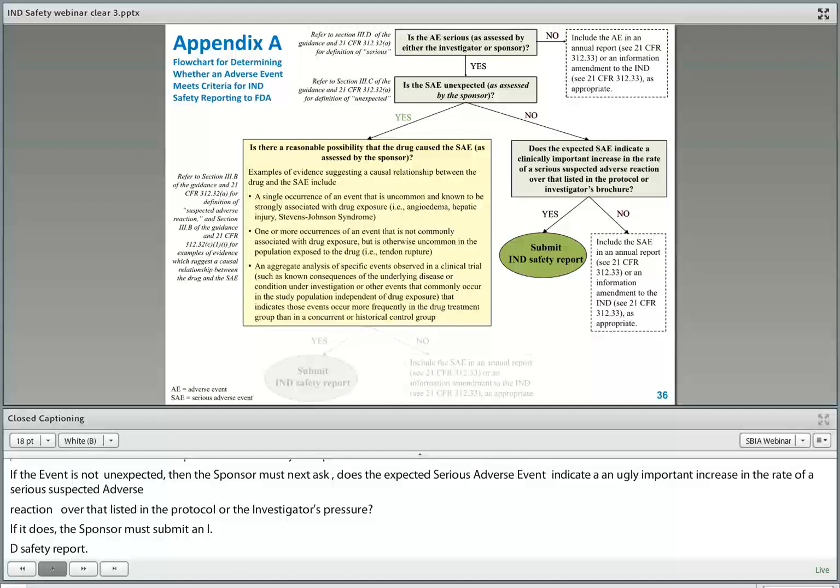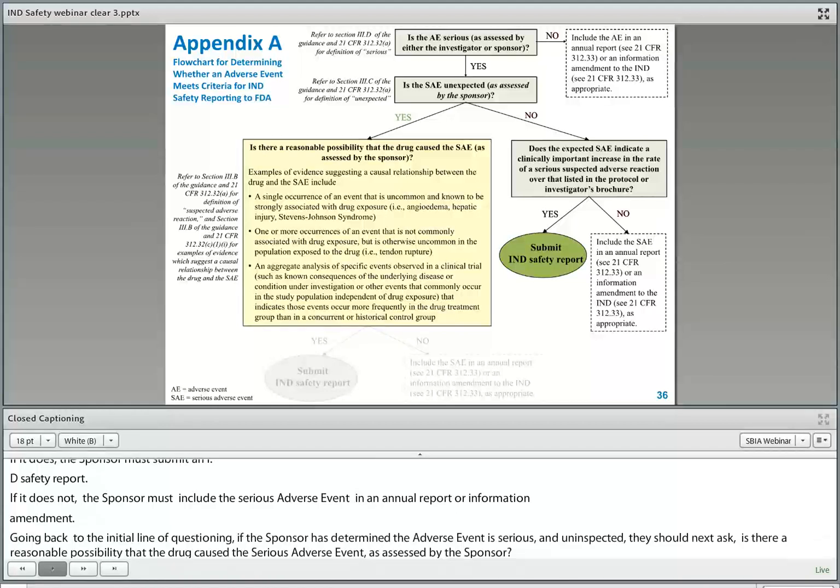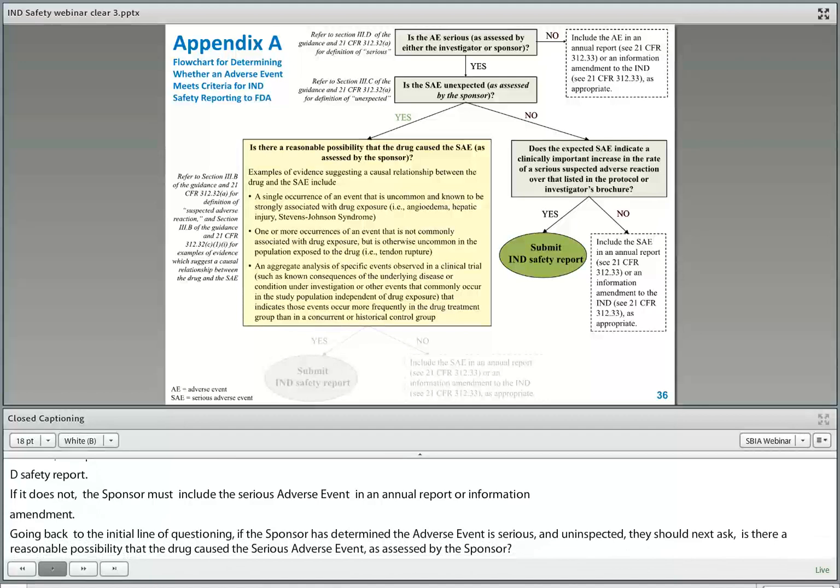Going back to this initial line of questioning, if the sponsor has determined that the adverse event is serious and unexpected, they should next ask, is there a reasonable possibility that the drug caused the serious adverse event, as assessed by the sponsor? Examples of evidence suggesting a causal relationship between the drug and the serious adverse event include a single occurrence of an event that is uncommon and known to be strongly associated with drug exposure, one or more occurrences of an event that is not commonly associated with drug exposure but is otherwise uncommon in the population exposed to the drug,